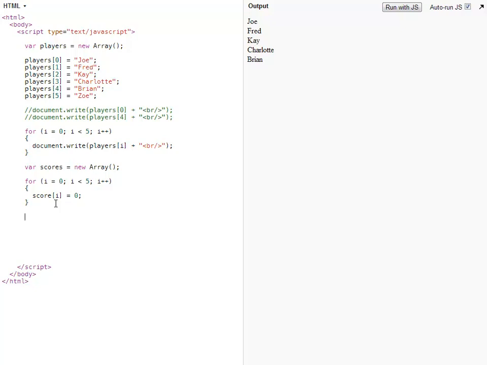And the next thing I'm going to do, just to show you this works, is put in some scores. So I'm going to say that the score for 3 is maybe 10, and the score for 4 is perhaps 20. So the score for 3, that will be Charlotte's score, and the score for 4, that will be Brian's score. And now I'm going to do the iteration where I go through and print all of the scores, and I'm not only going to print the scores, I'm going to print the players' names with the scores. So I is less than 5,